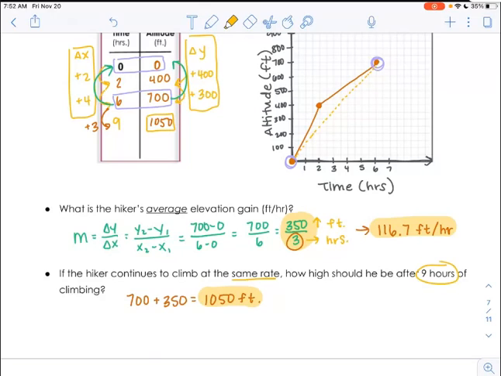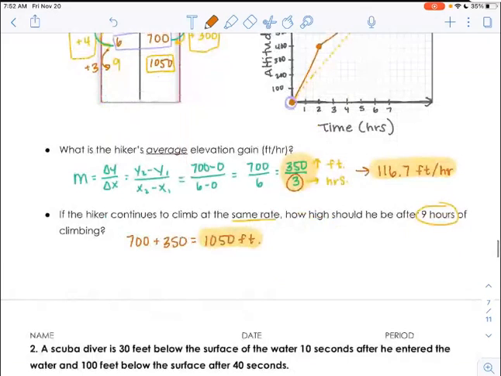I would just add 116.7. I would just add that 4 times. Or in this case, if I wanted to find after 3 hours, I would just add 116.7 3 times. So let me show you that, because you may be asked to do that on some practice on your own. So if you go ahead and divide that out, you're going to get your feet per hour, or whatever your units happen to be. In this case, I was just able to think through it because my rate was in terms of 3 hours. But alternatively, you would start with, so 700 was my last point, and then from 6 hours. So then I would add